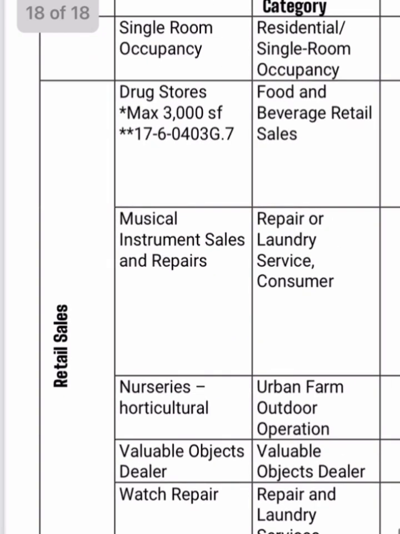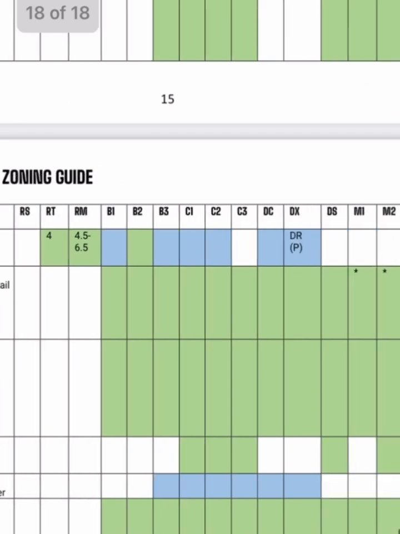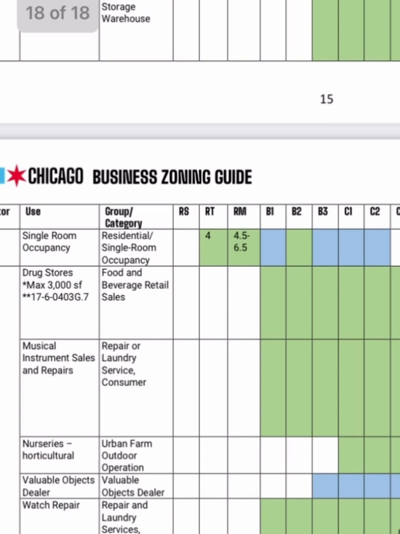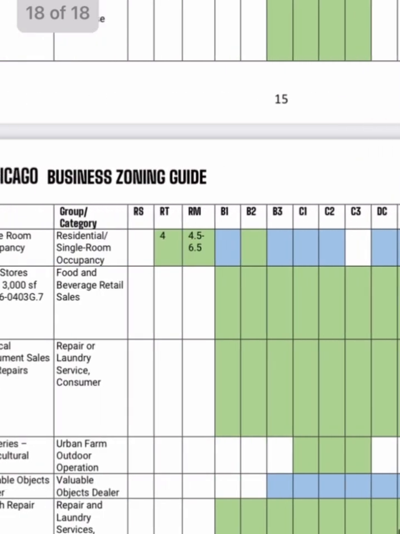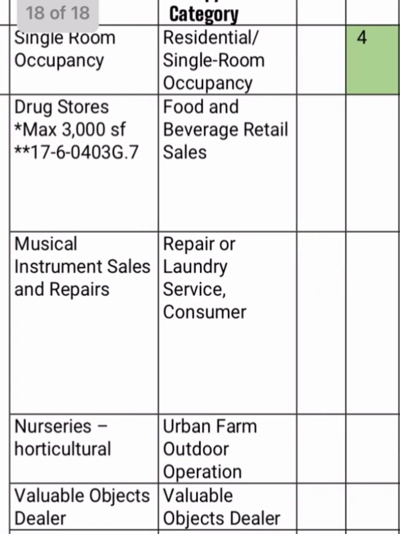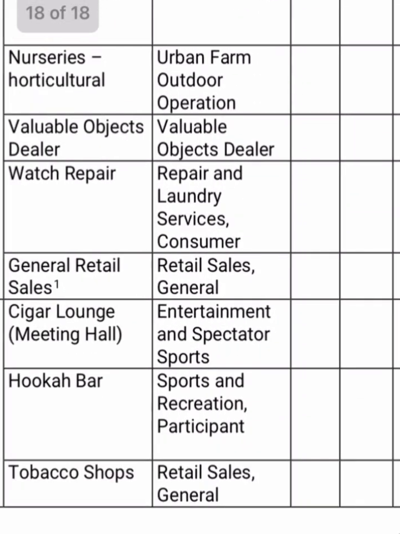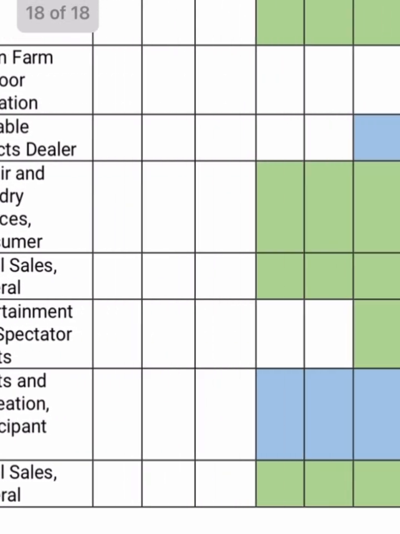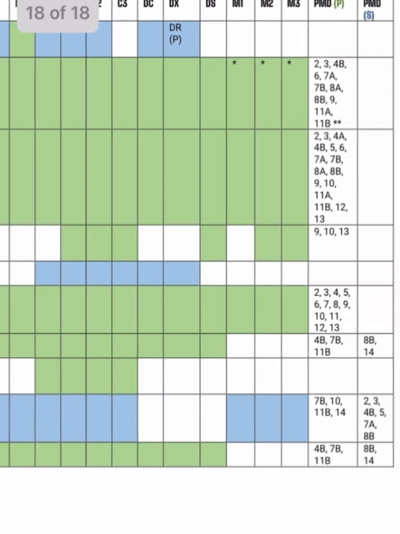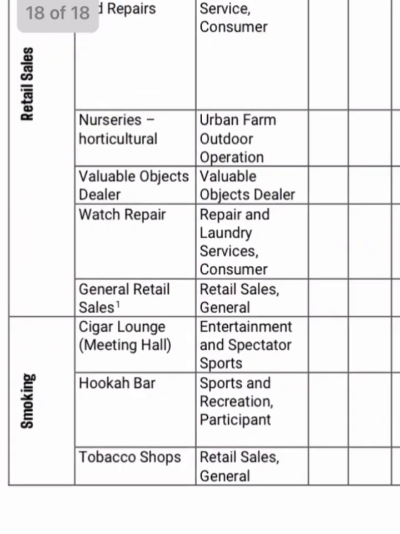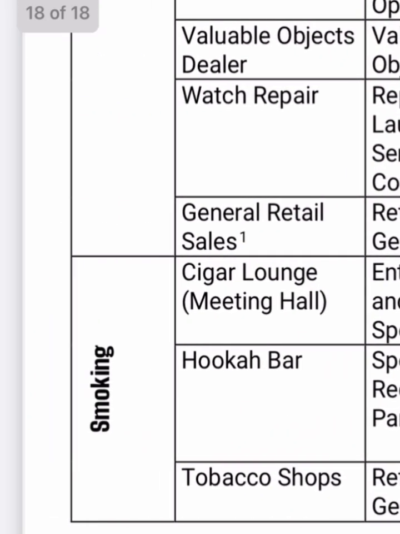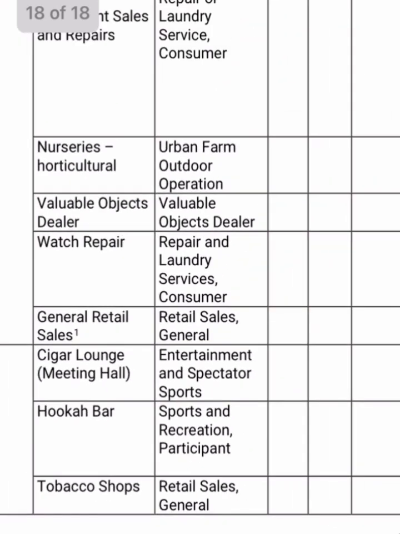Retail space, you can't even sell musical instruments near homes, and it looks like there's even some more rules here at the PMDs with that. Why would there be any rules about where you sell musical instruments? That could happen anywhere. Look at watch repair, one of the quietest activities in the world. You can't even do that near a home. Can you do it near a manufacturing? Okay, good, you can.